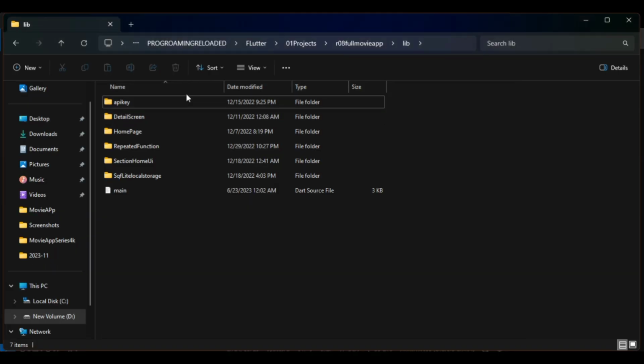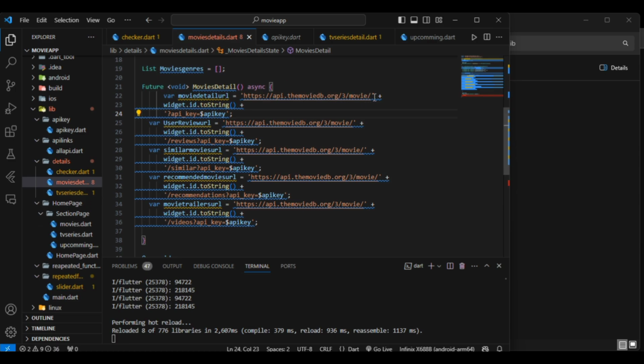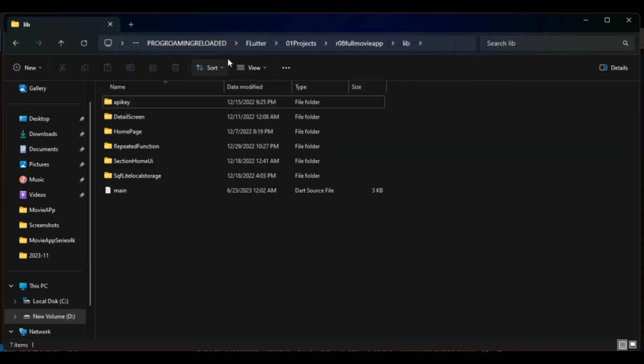The movie API, wait, there's something more. API key equal API key. I forgot the